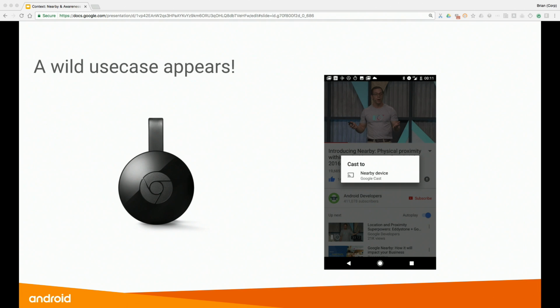However, there are use cases where, if you're a guest at somebody's house or you're in a public space where there's a Chromecast device, the awkwardness of trying to get onto the person's Wi-Fi network and typing in hexadecimal Wi-Fi codes or whatever is kind of painful. So again, it's possible, but it has friction, and we'd like to make this as frictionless as possible. So ideally, you can just walk up to a Chromecast and you can cast to it. So we built this feature called Chromecast Guest Mode on top of the Nearby technology.